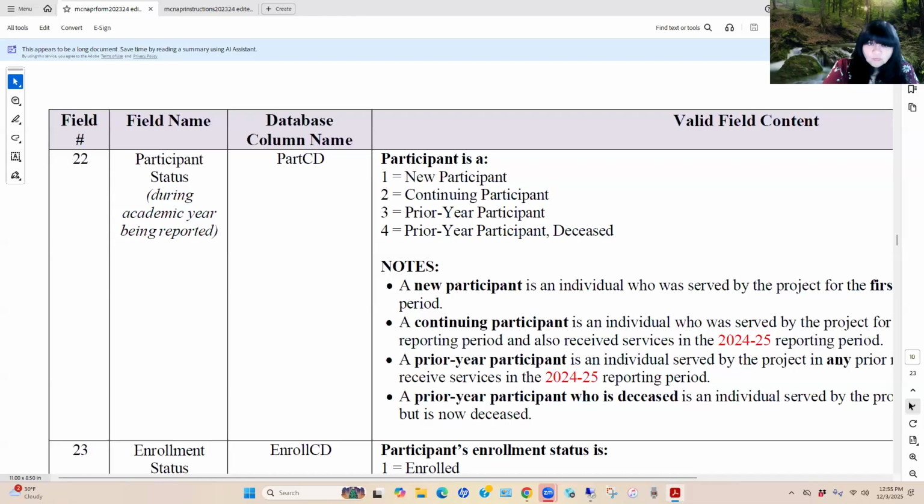It's important to note that if we have knowledge about a participant, and especially a prior year participant who has become deceased, that we identify that individual as deceased, because deceased individuals are removed from denominators in cases where particular objectives are being assessed, so that they do not negatively impact the outcome or success in meeting a particular objective. So where and when it's known, use the option number 4 to identify an individual if you find out that they've become deceased.